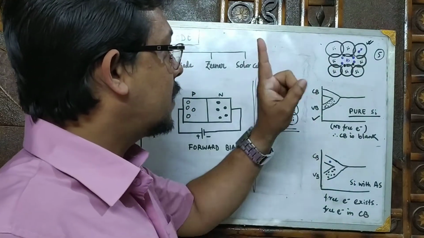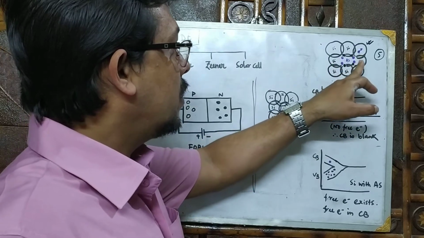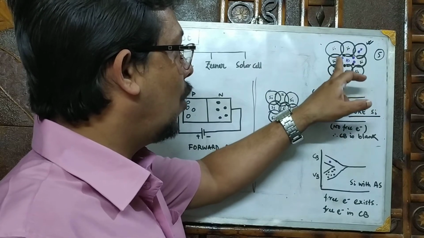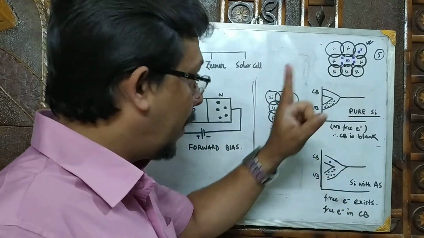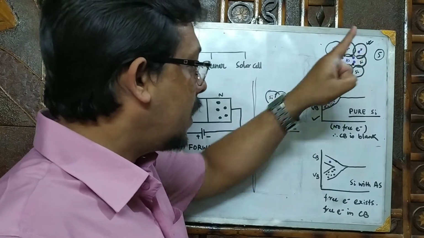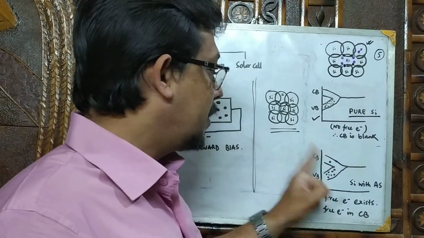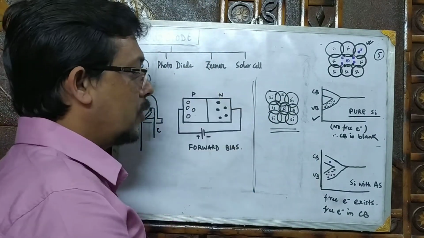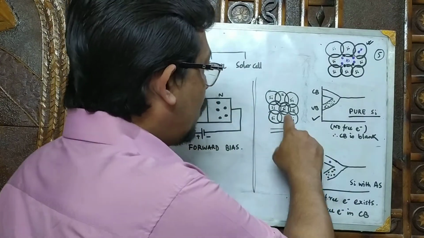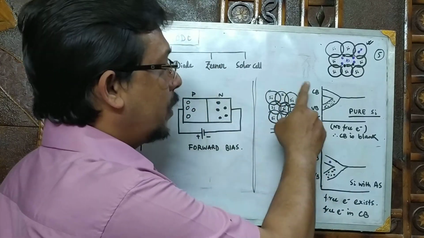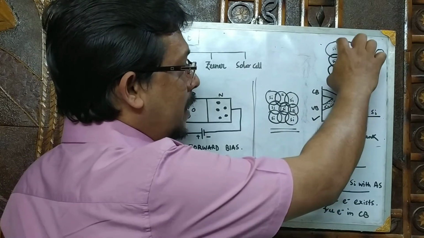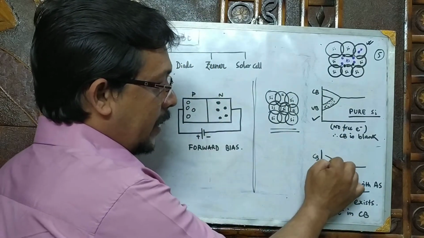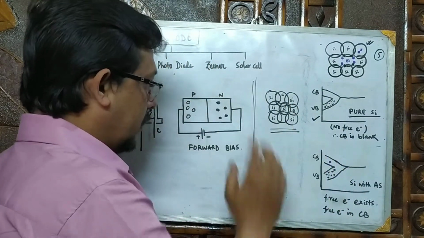Just make this clear: the valence electrons that are tightly bonded, that means 4 arsenic electrons with the 4 silicon, are in the valence band. But remember, here is one free electron, and a free electron should stay in the conduction band, that means at the higher energy level. So always remember, in the picture we draw, the free electrons and free holes are all in the conduction band. In pure silicon crystal, as there is no free electron or free hole, the conduction band is free. But in P-type or N-type, the free electrons or free holes stay in the conduction band. This knowledge is needed here. Okay, now come to this point.